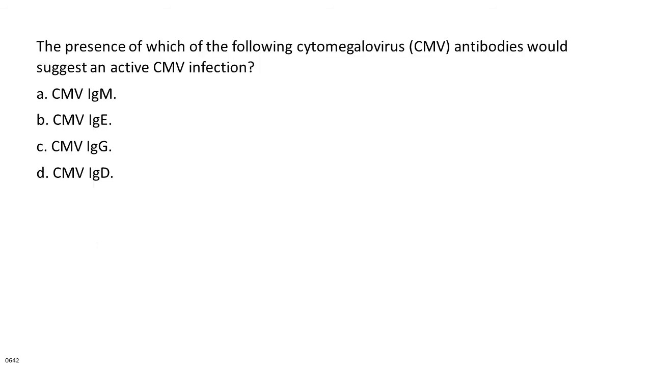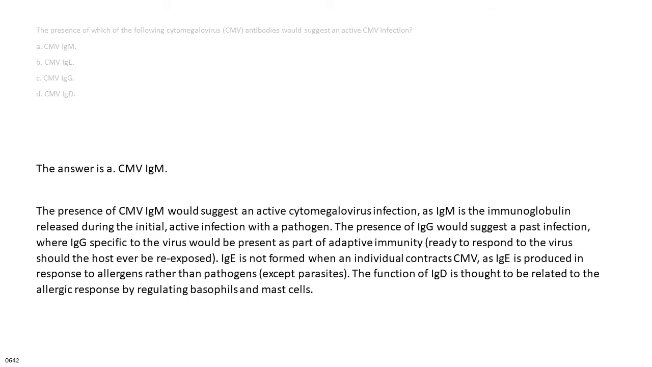The presence of which of the following cytomegalovirus, CMV, antibodies would suggest an active CMV infection? A. CMV-IgM. B. CMV-IgG. C. CMV-IgA. D. CMV-IgE. The answer is A. CMV-IgM. The presence of CMV-IgM would suggest an active cytomegalovirus infection, as IgM is the immunoglobulin released during the initial, active